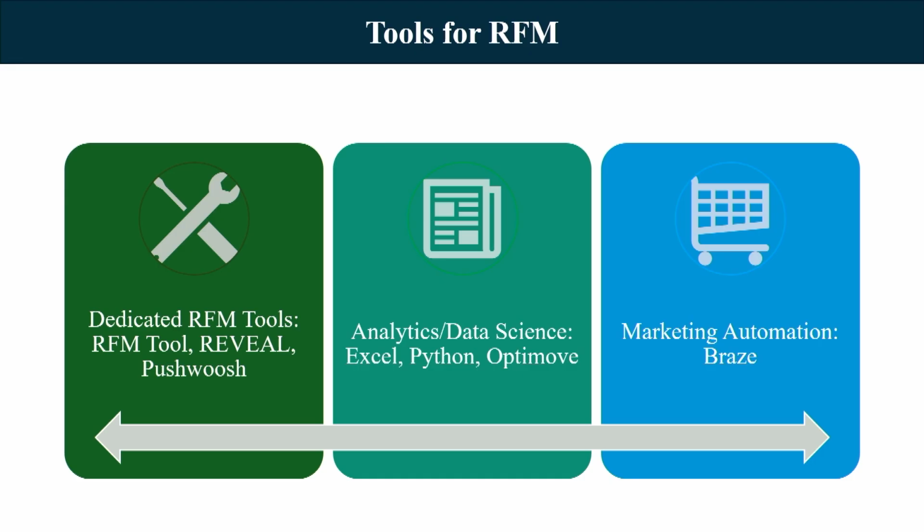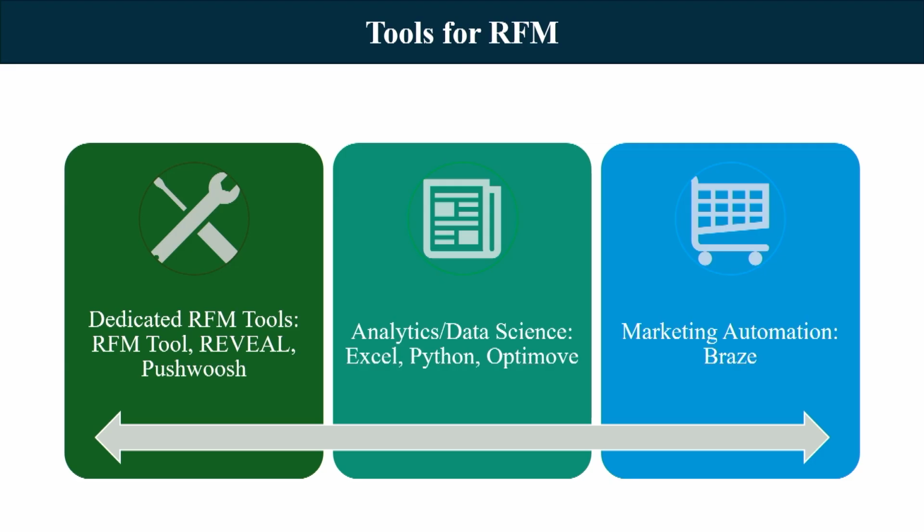Then the last limitation is the assumption of homogeneity. It assumes all customers with the same RFM score behave similarly, which may not hold true across channels and across different seasons. Because of this, many modern companies enhance or replace the basic RFM with machine learning models or some hybrid models. So, the different tools that can be used to improve the RFM model is the RFM tool,